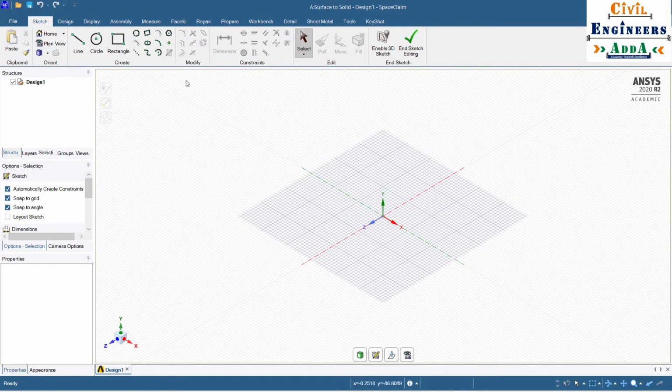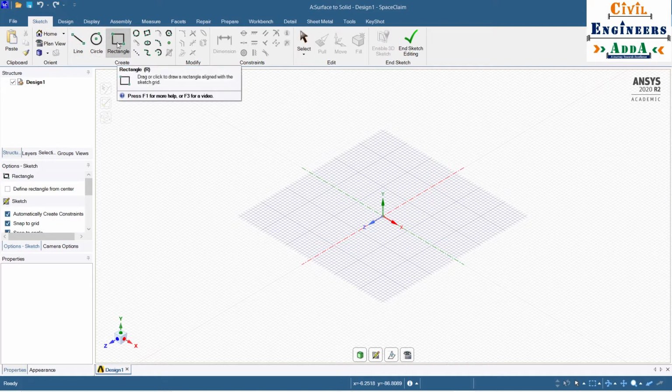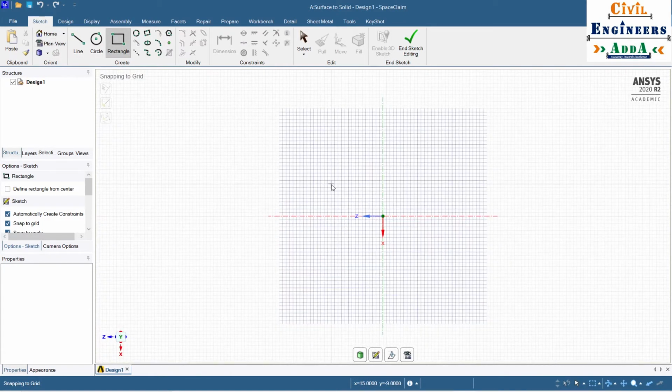Now I am going to create a plane. What is a plane? We all know that a plane is a 2D element, that is, a two-dimensional element. In a plane there will be no third dimension. So let me create a rectangle here. After selecting the rectangle, see, it is taking me somewhere else. So I am going to take a plan view. In the plan view, it will be easy to create a planar element.